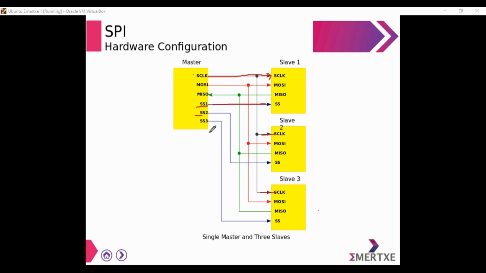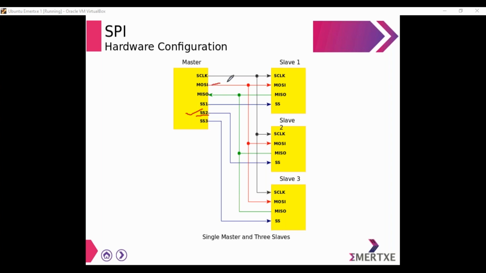Master selects slave 3 with the help of SS3. So master is going to select a particular slave with the help of the slave select line. Now assume master wants to communicate with slave 2. First, master selects the slave 2 with the help of SS2. Once the master has selected a particular slave, master generates the clock